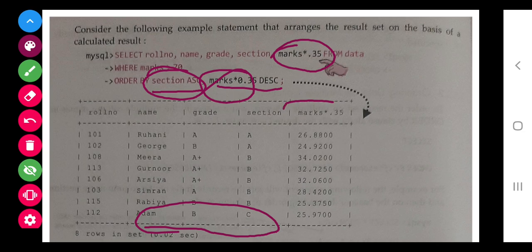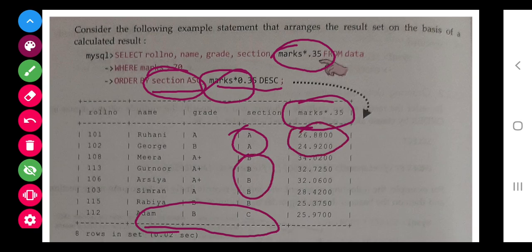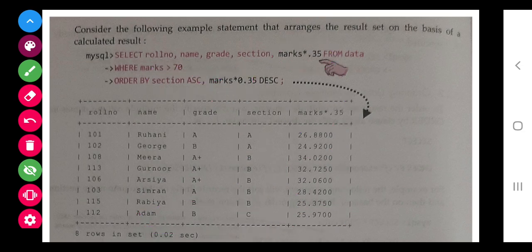So the marks come according to section A students in descending order of their marks, section B in descending order of their marks, and section C had a single one, so accordingly it is coming. So class, you see this.